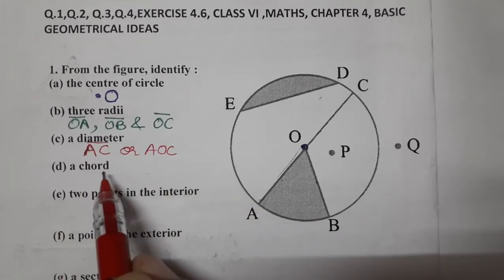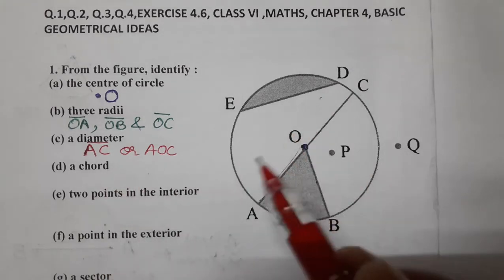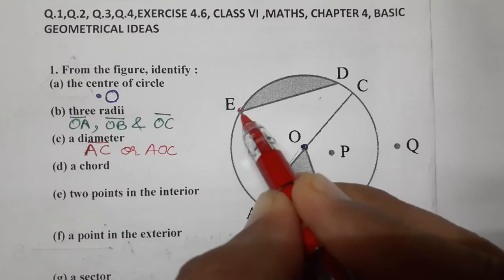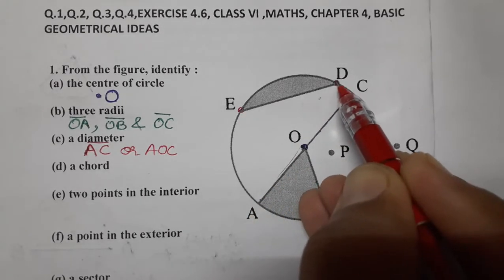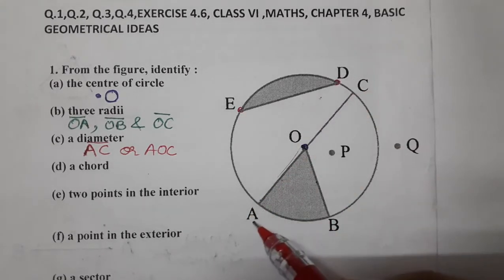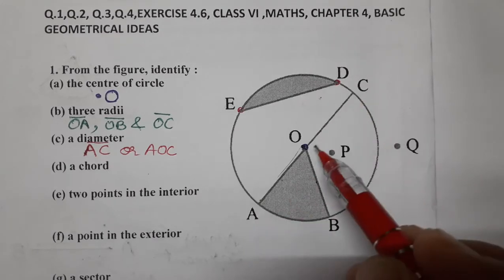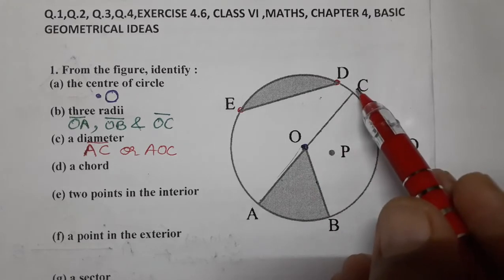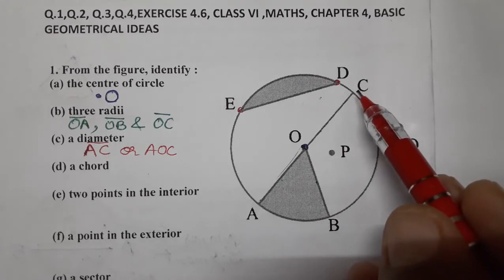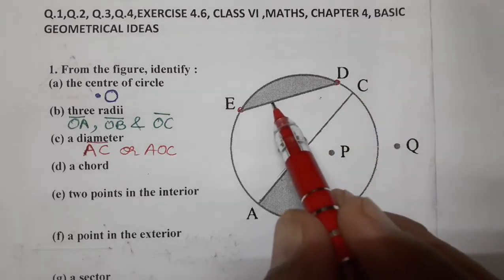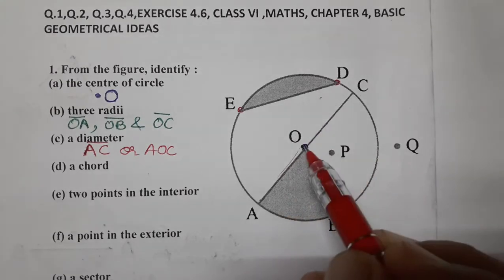Next one, a chord. You know about chord? A chord is a line segment joining any 2 points. तो कोई भी 2 पॉइंट को जो ज्वाइन करती है वो कॉर्ड कहलाती है. तो डायमीटर इज द लॉन्गेस्ट कॉर्ड ऑफ द सर्कल. डायमीटर सबसे लॉन्गेस्ट कॉर्ड होती है सर्कल की. मगर हमें सिर्फ अभी कॉर्ड बताना है, तो AC भी कॉर्ड है, डायमीटर भी कॉर्ड ही है, बट विल राइट ओनली कॉर्ड. डायमीटर की जगह हम सिर्फ कॉर्ड लिखेंगे जो सेंटर से नहीं जाती हो.